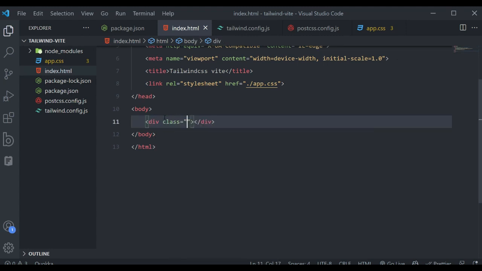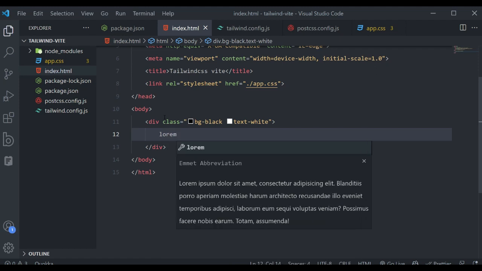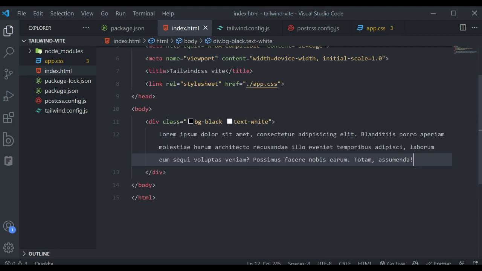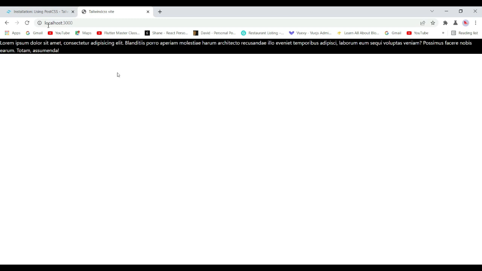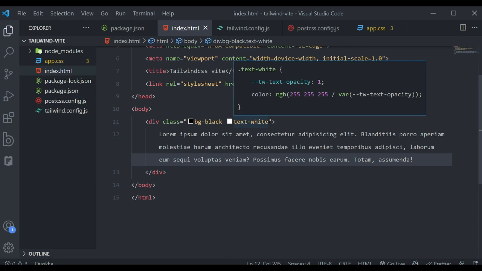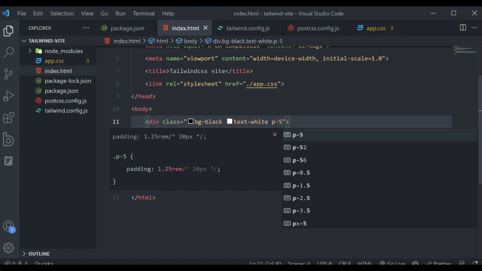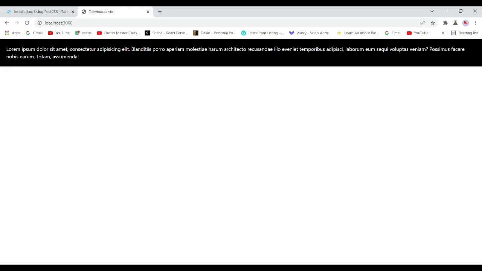Div class bg-black text-white. We will have some dummy text. So let's say lorem and press the tab key from the keyboard like so. Save the file, go back to the browser. Yeah, exactly fine. And we will have, let's say, p-5. Save the file, go back to the browser. So as you can see, we have little bit padding